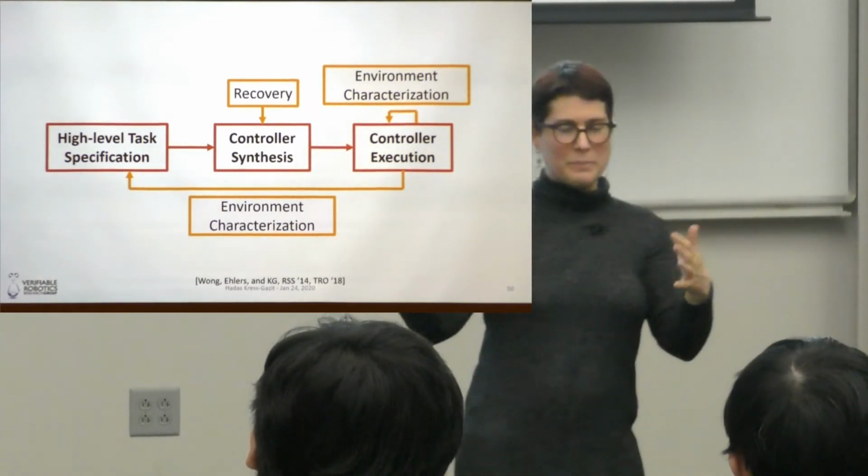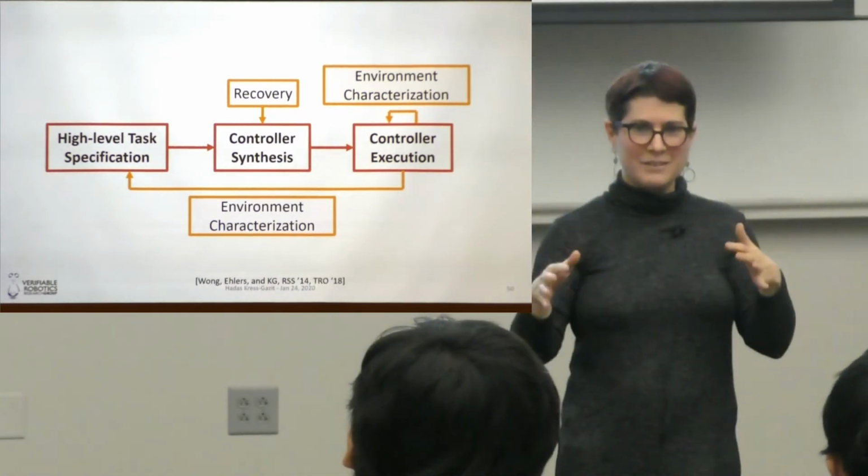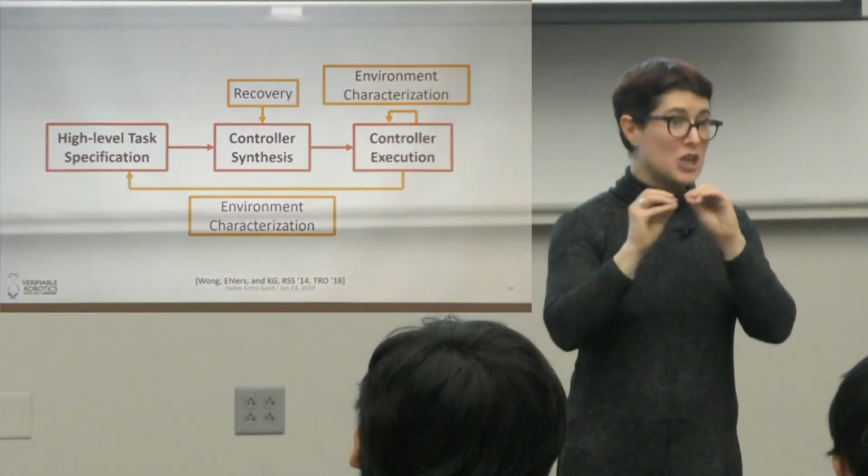So when we wrote this paper, we were very deliberate in not ever using the word learning, because we are not learning anything. If I think about learning, and people here should correct me if I'm wrong, I have a big space of models, and I'm using data to narrow that down. Here what we're doing is we have a strict assumption about the environment, and I'm trying to relax it. You know what, you told me the environment can do this, but oh no, I see it also doing this. So let me weaken my assumption. And if I can still synthesize, great. If not, you'll see in a second.